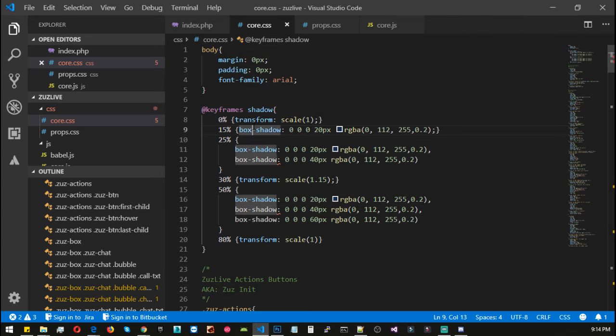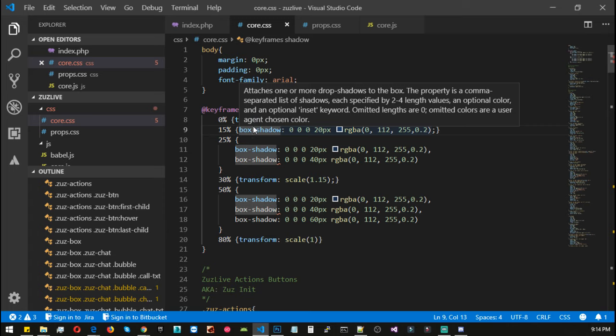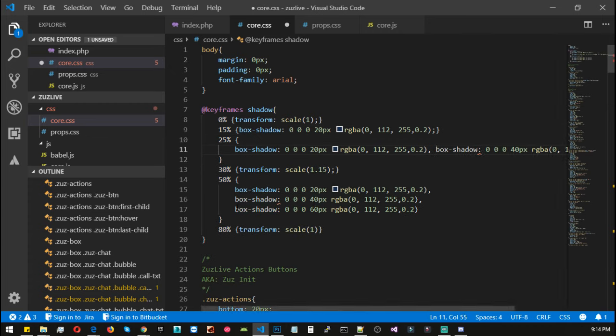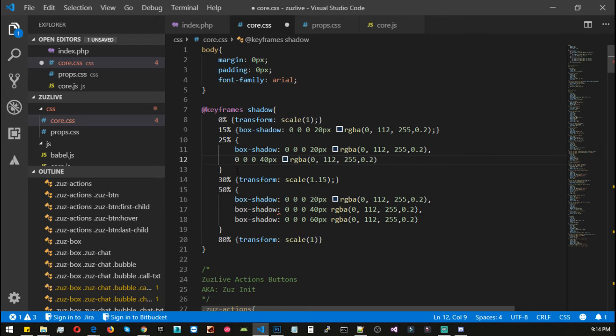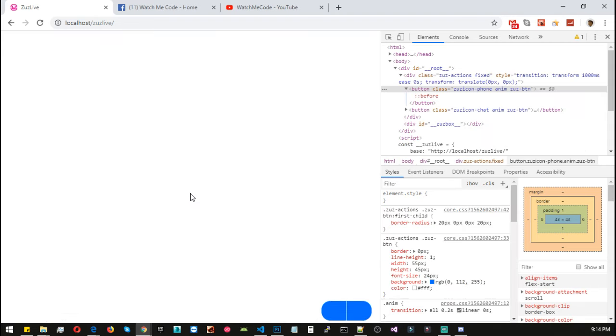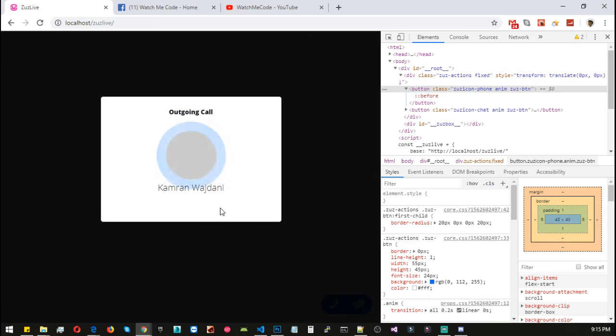When 0% transform scale 1, on 15% we have 20 pixels, on 25% we have, well, let's move it to same line. Oops, I need to change, and don't use the box shadow because the box shadow value is this comma separated value, my bad. Let's remove and save, go back to reload, localhost and reload, and now we have a nice Skype like animation. Great,